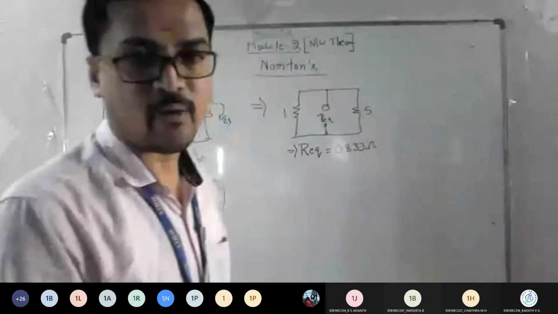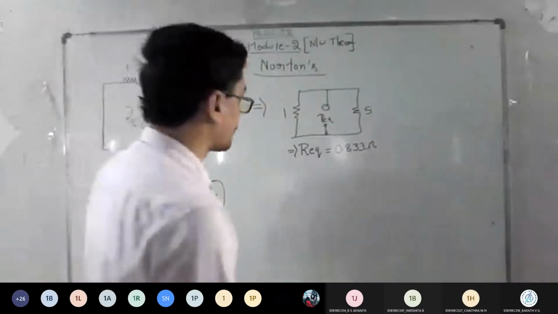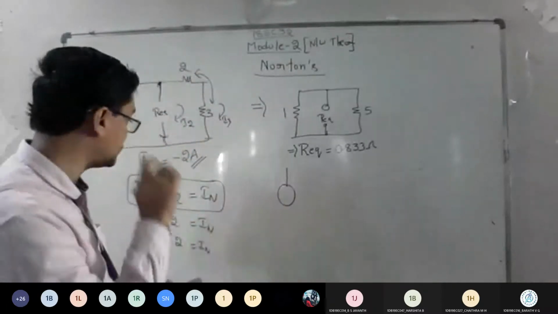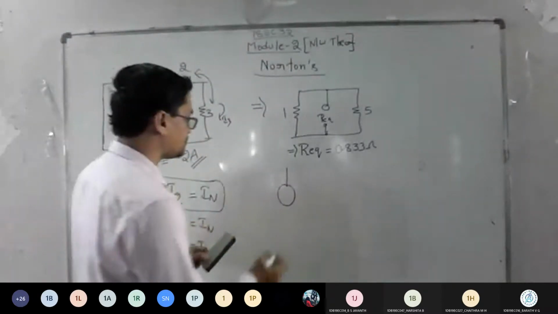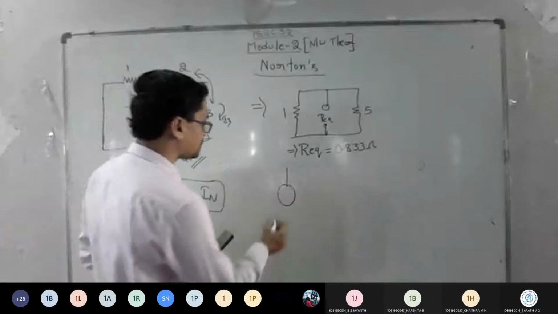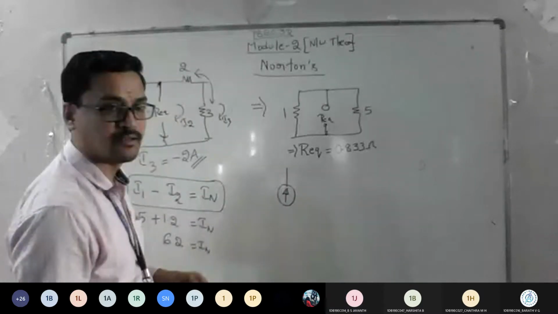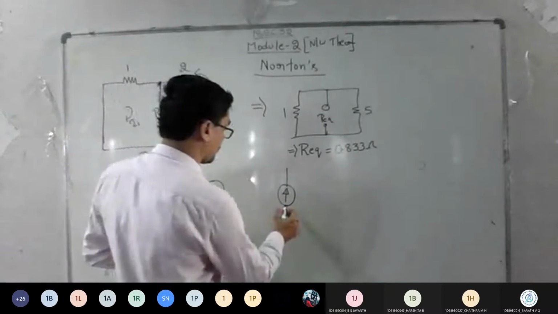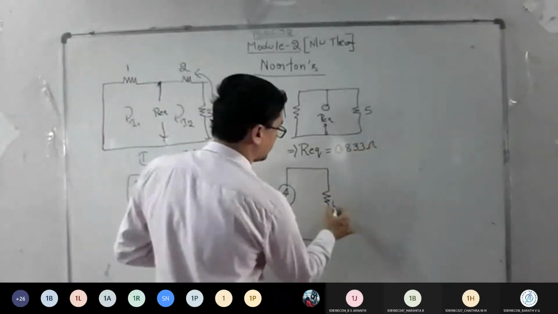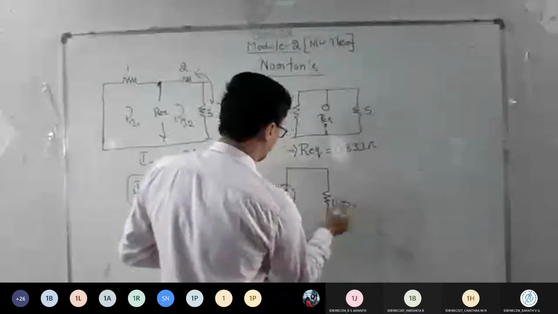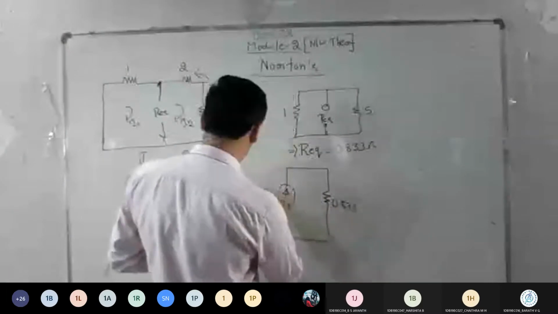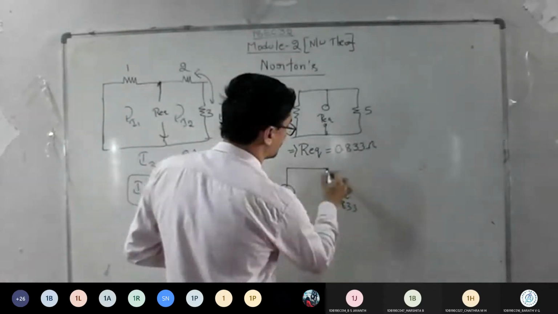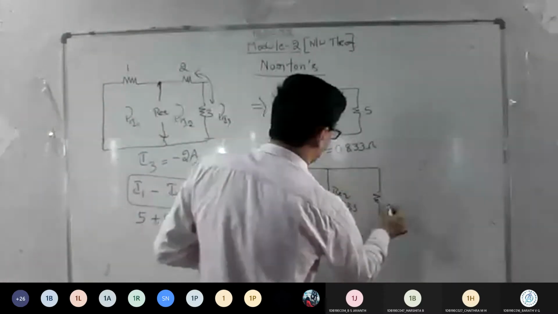So we have got Norton current and we have got equivalent resistance. What do I want? I want to write an equivalent circuit. So I'm going to write the current source. Direction, positive or negative? Positive. Symbol. Yes, sir. Is it correct? So for this I need to connect 0.833, and this has 6.2, the Norton current and R equivalent, in connection with my load.